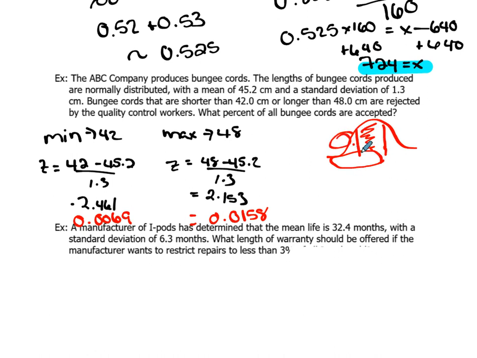So in order to find just the middle between the two, what I'm going to do is take the bigger one, which gives me everything to the left of that number, so everything to the left of this, and I'm going to subtract,